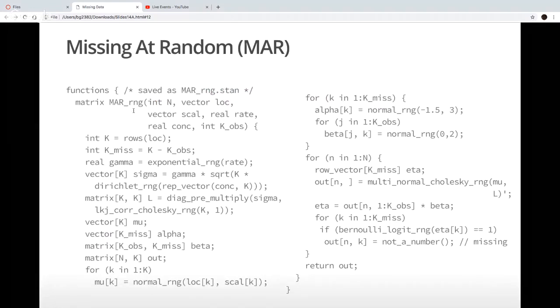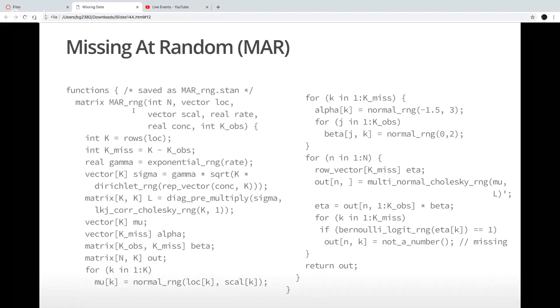Anyway, a different assumption about the missingness is known as missing at random, or MAR. These are terrible acronyms, but one of the things that people get confused about is they think MCAR means missing conditionally at random, but that's not what it means. It means missing completely at random. The C stands for completely rather than conditionally. So there's no such concept as missing conditionally at random, but if there were, it would mean what missing at